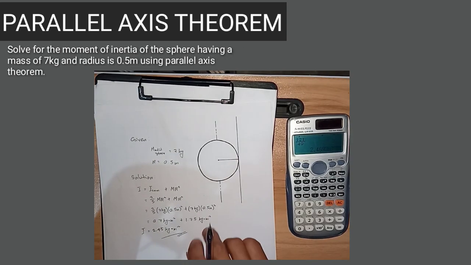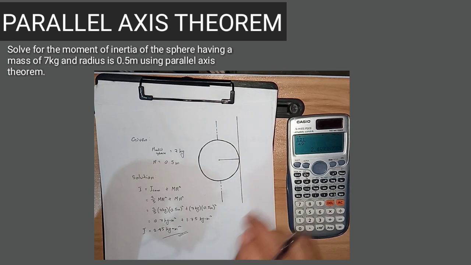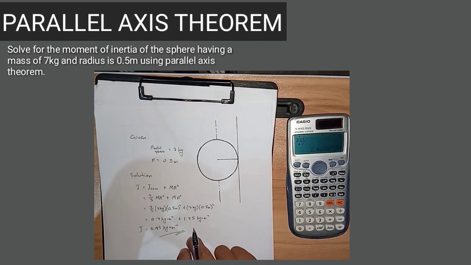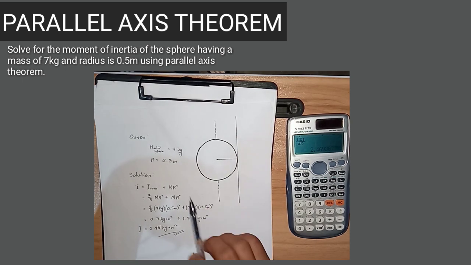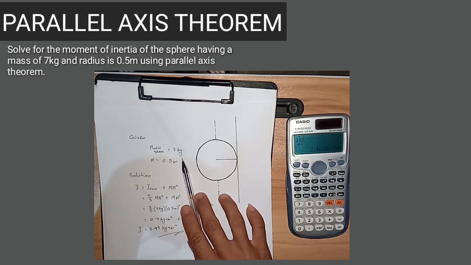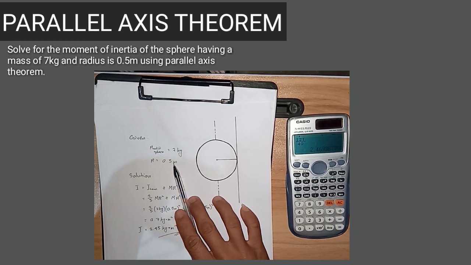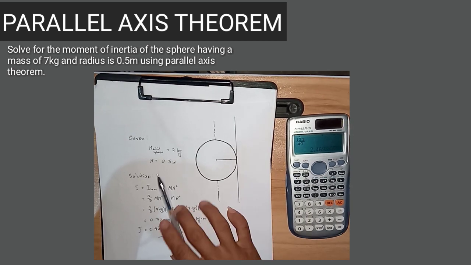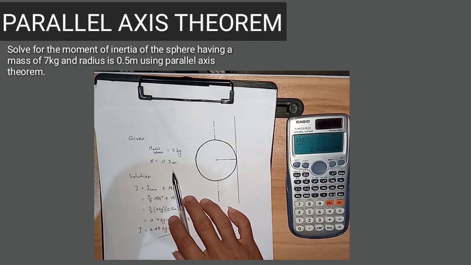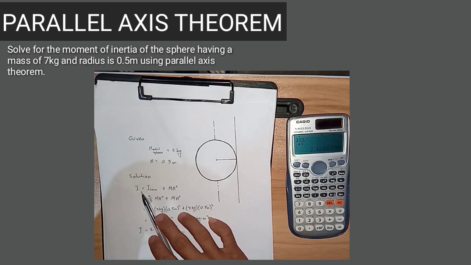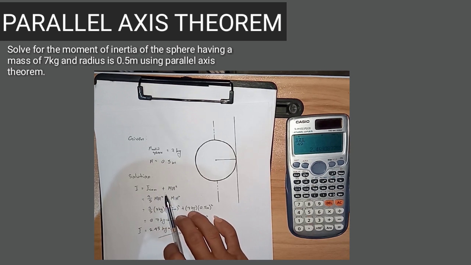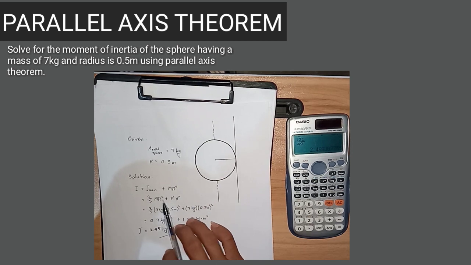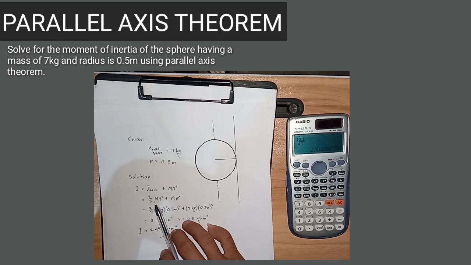Now for problem number 2, we have a problem involving the parallel axis theorem. We have the mass of the solid sphere, which is equal to 7 kilograms, and it has a radius of 0.5 meter. Then we have the formula: inertia is equal to the inertia about the center of gravity plus mr squared, which is equal to 2 over 5 mr